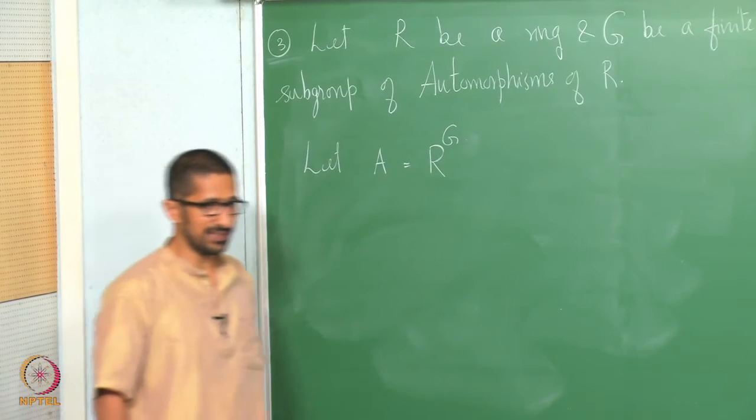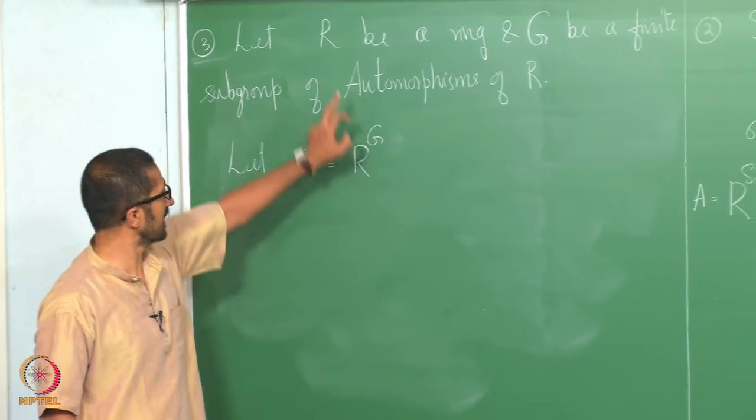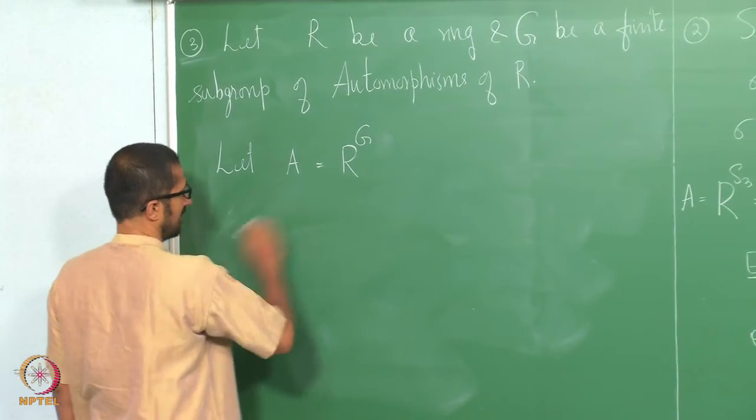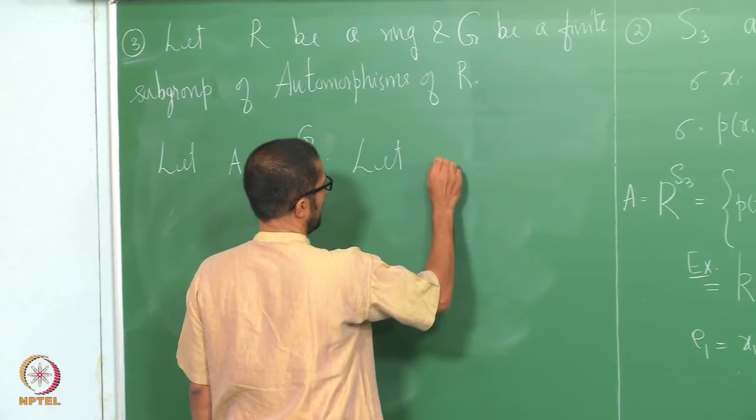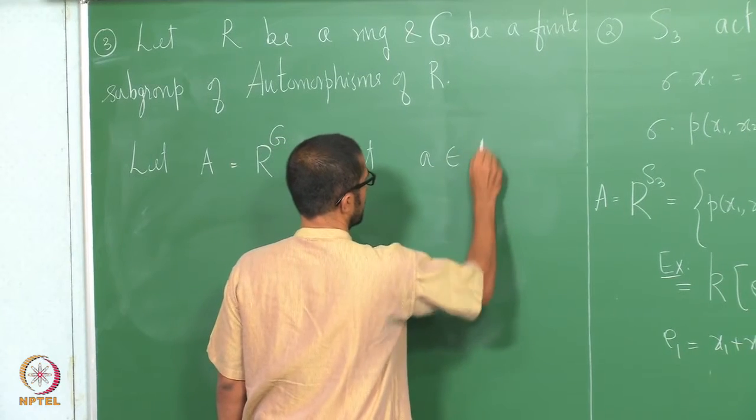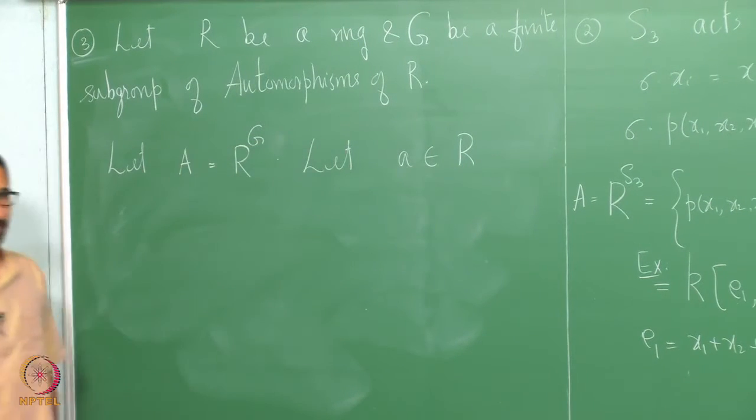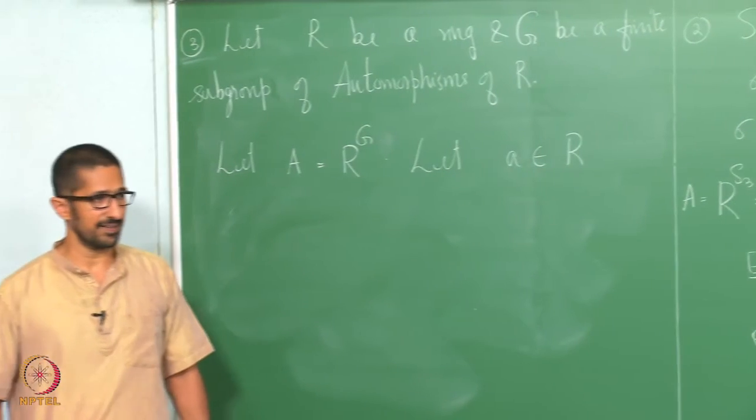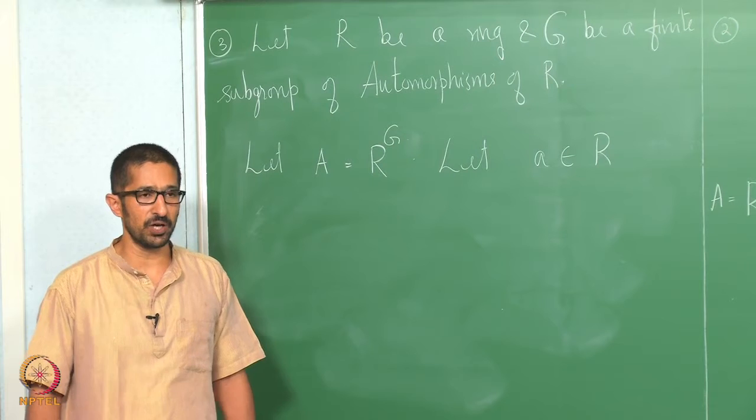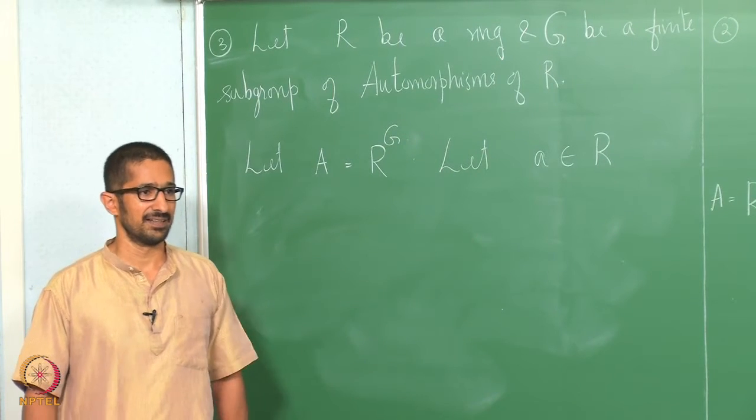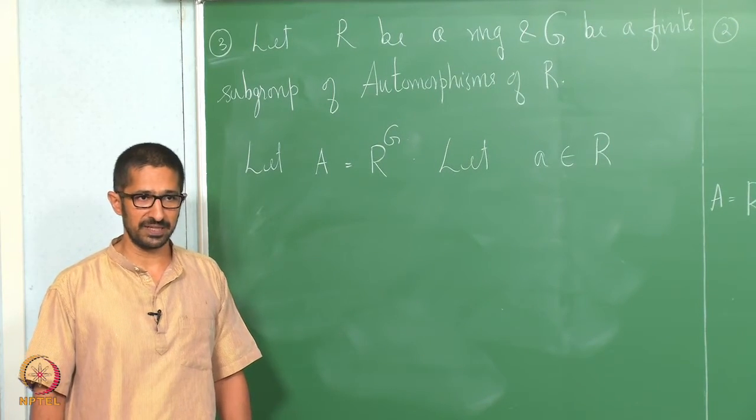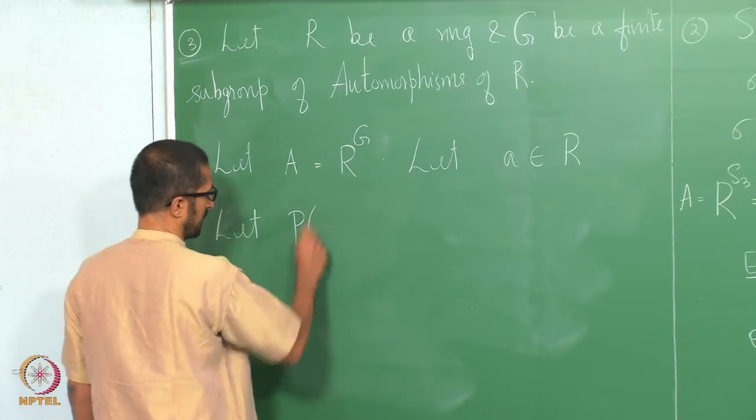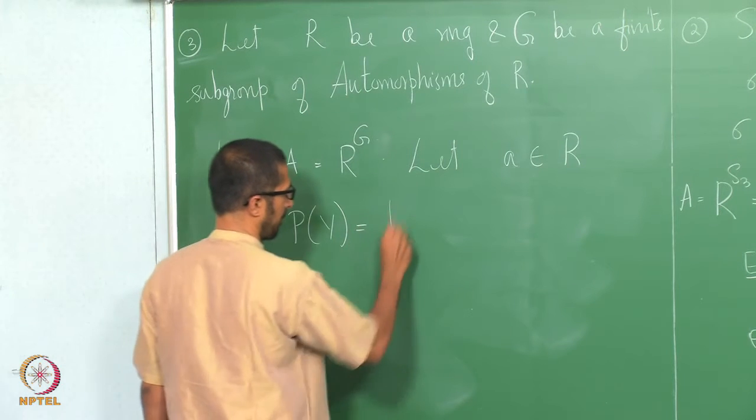Now, can you tell me whether R is integral over A? I look at this: a, b in R. Can you tell me whether this is integral over A? Can you give me a polynomial which will give us an integral equation for A? Take P_A to be